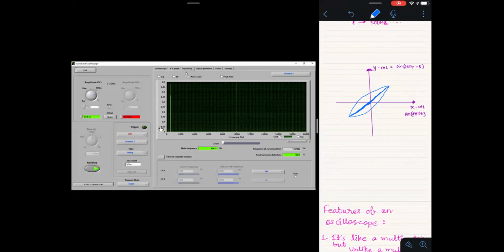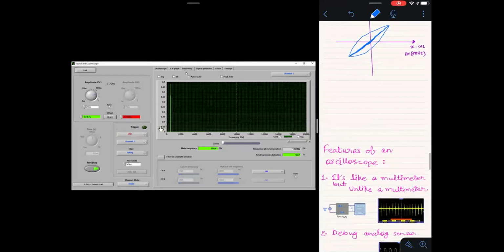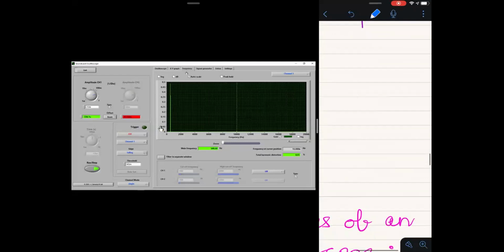I will tell you from the very beginning, in brief. Let's say you have a signal, a sine wave. Here we have set the frequency to 500 hertz, and the time period is 1 by f.